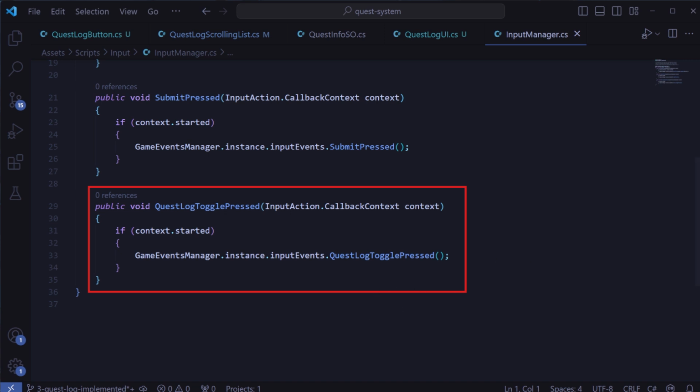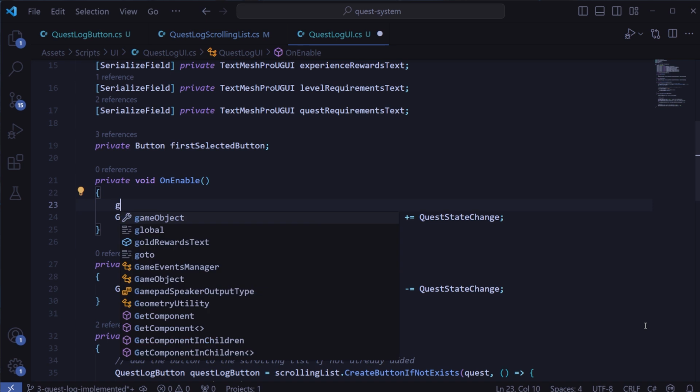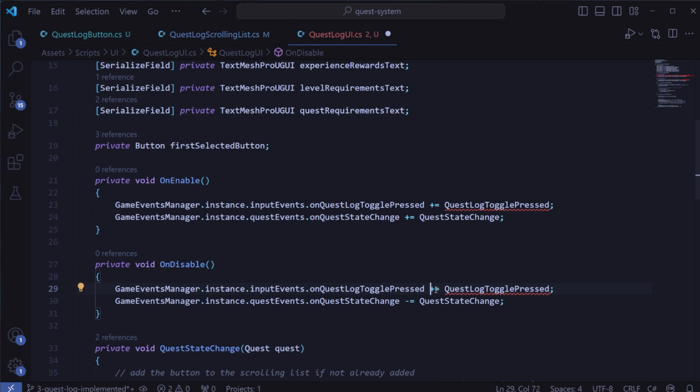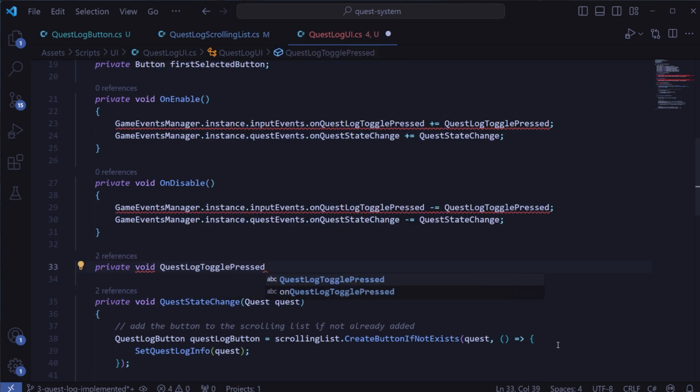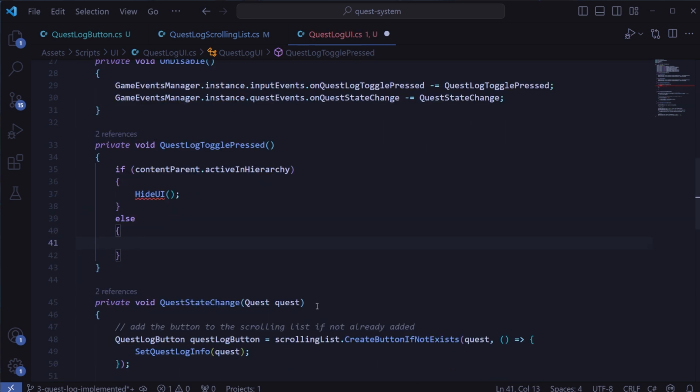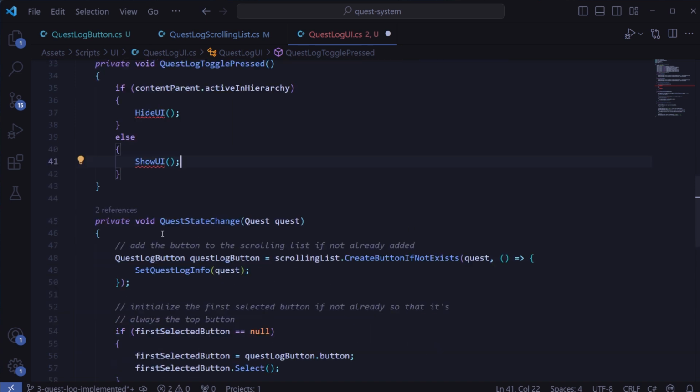Q button is pressed. So with all of that already set up, all we need to do in the quest log UI script is subscribe to that quest log toggle pressed event in onEnable and unsubscribe in onDisable, and we'll do that to a method called quest log toggle pressed, which we'll create down here. And then we're just going to check if the content parent is active in the hierarchy, and if it is, we'll hide the UI, and if it isn't, we'll show the UI, and then we'll create those methods below where